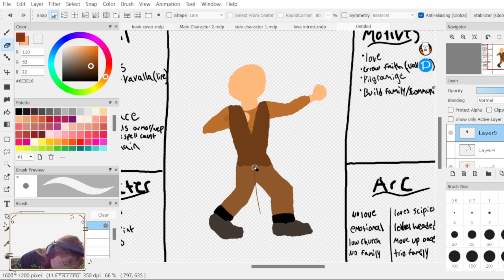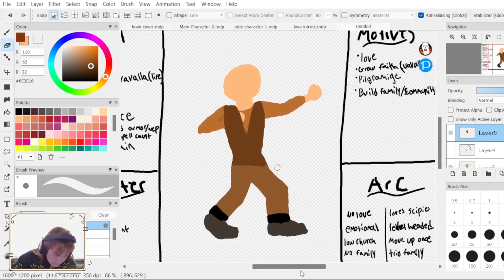Erase the lines. Oh, I do have to say she's gonna be a halfling, which is half human, half gnome? Half human, half something short. Maybe half dwarf.